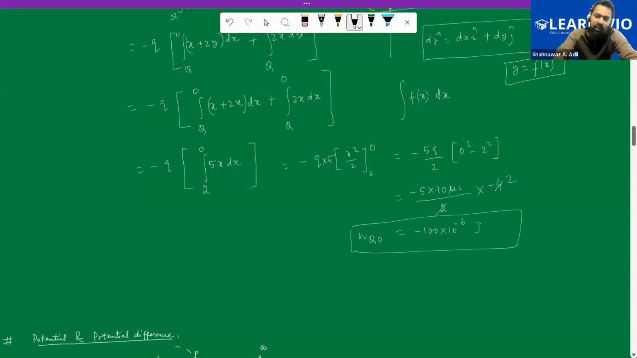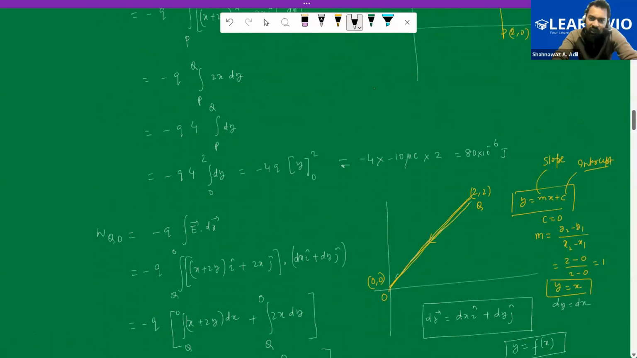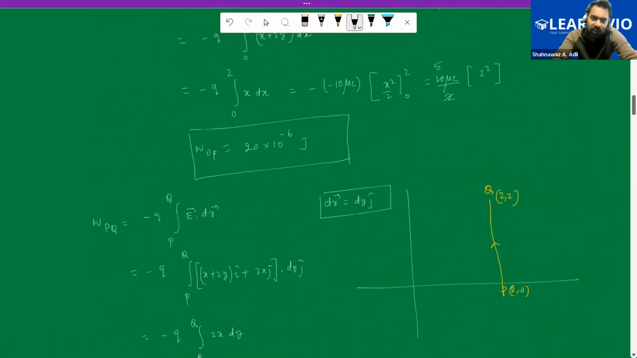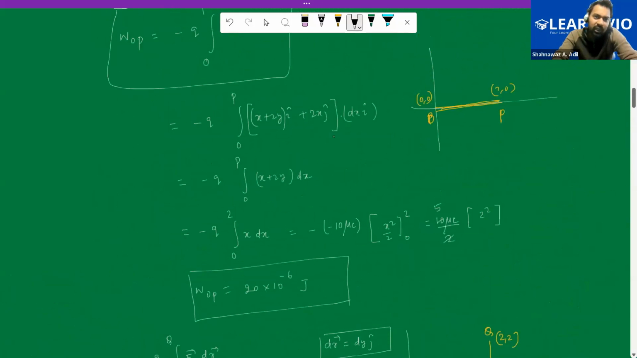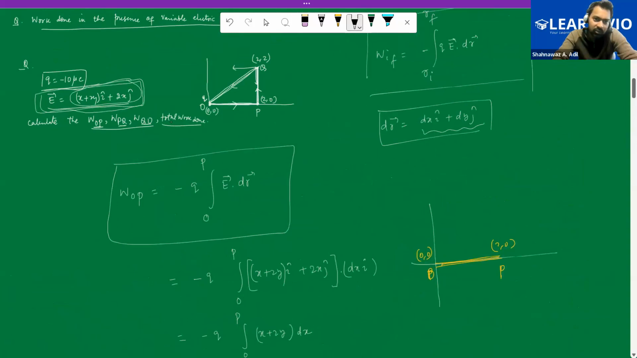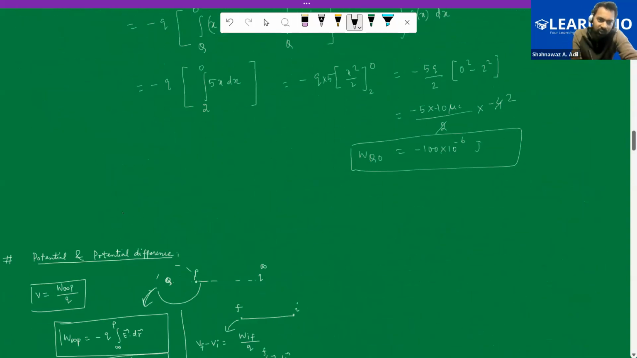Is this part clear, guys? Is it clear? Yeah. So now you see that this is 80, this is 20, and this is 100. Now, if we calculate the total work done, right? Total work done would be how much? So total work done,